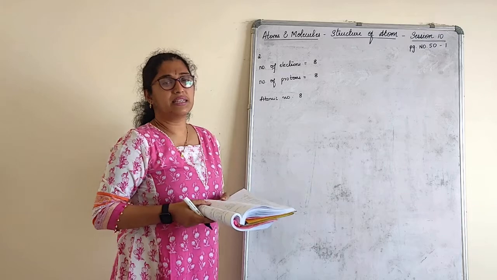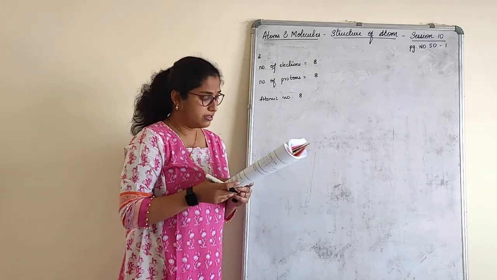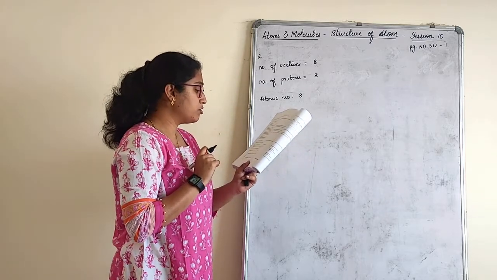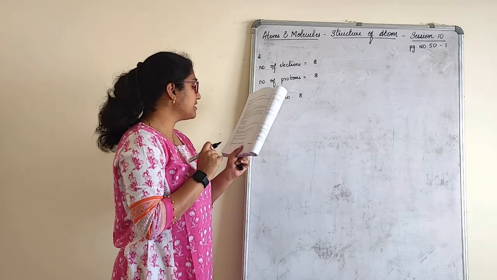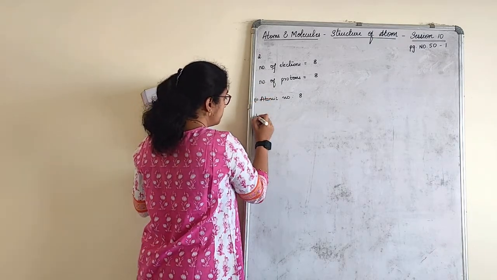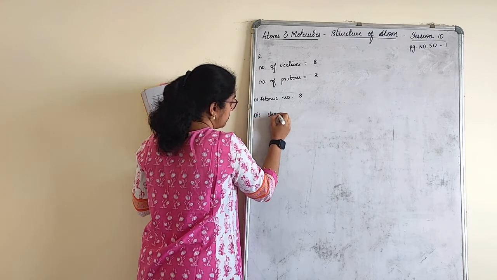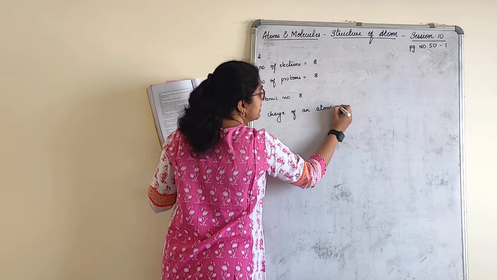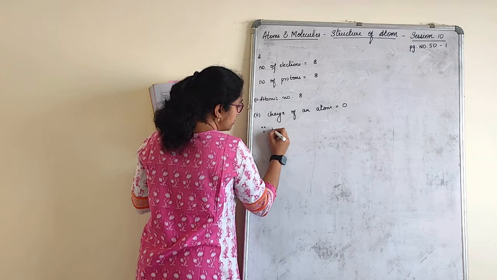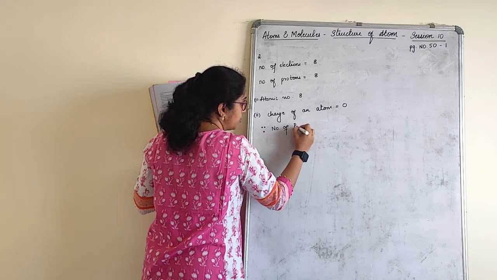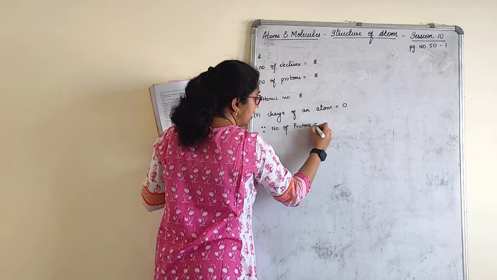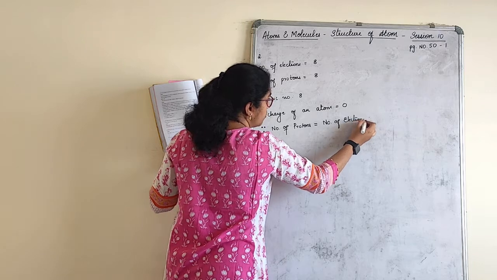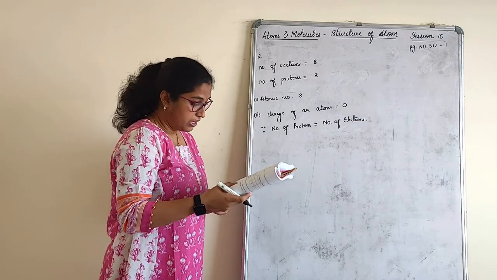Why? Atomic number is given in terms of number of electrons or protons. That is what, children, I told you. The questions are very simple. Since the number of protons and electrons are equal, what they have asked here, what is the charge of an atom? Charge of an atom is equal to 0 because number of protons, always it is, are equal to number of electrons. Very clear on this question? Okay. Let's move to the next one.